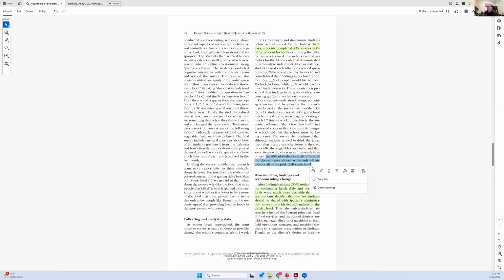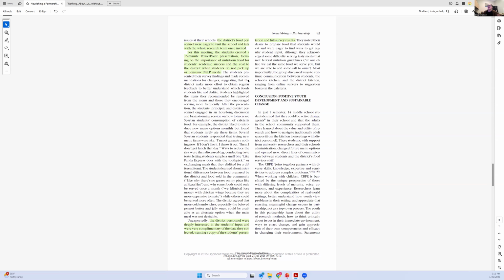Talking about the different food that people are eating. And then they found that many students were not consuming lunch daily. Some lunches were more desirable than others and they wanted to share this with the administration. So they created a PowerPoint presentation focusing on their survey data, and the district was actually really receptive to it. They wanted a copy of the PowerPoint and a copy of their full survey results so that they could